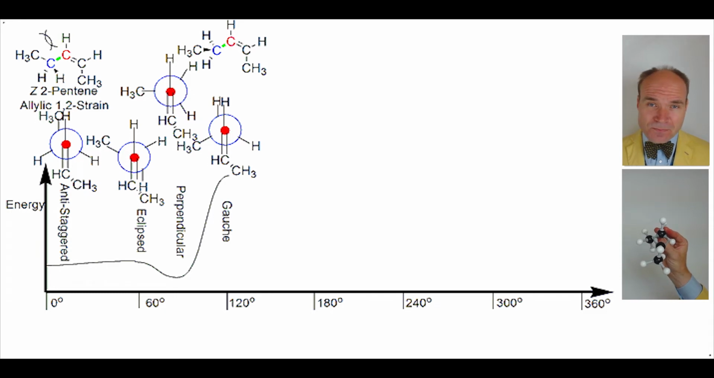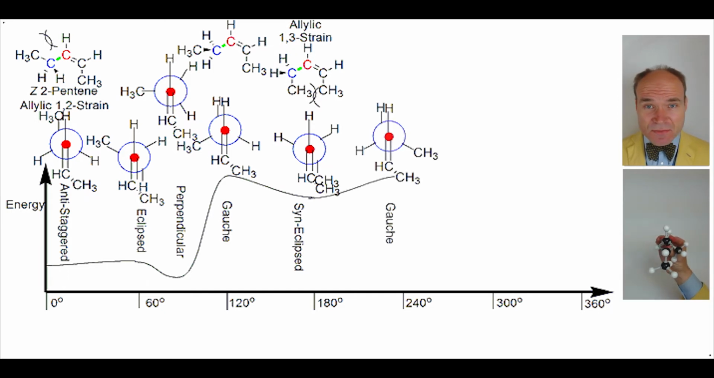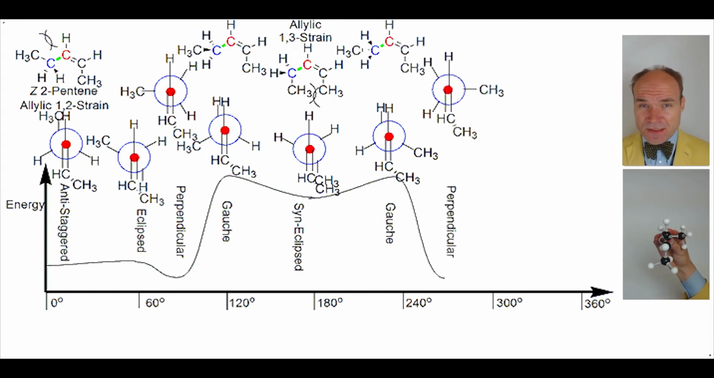dihedral angle. Rotating about another 60 degrees causes some loss of energy to provide the syn-eclipsed conformation with a 180 degree dihedral angle. With yet another 60 degree rotation, we elevate energy to return to a gauche conformation with 240 degree dihedral angle. Keep rotating by 30 degrees to afford a dramatic drop in energy for another perpendicular conformation with a 270 degree